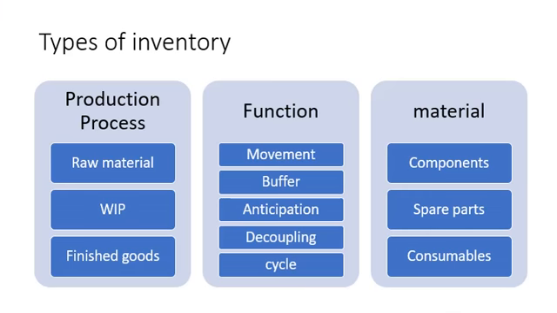In today's lesson, we are going to study types of inventory. So inventories are classified into three types, that is, on the basis of the production process or on the basis of their elements. Secondly, on the basis of their function, and thirdly, on the basis of material, right? Let us study the first type, that is on the basis of the elements or the production process, under which